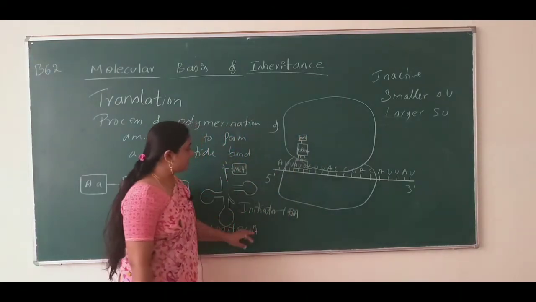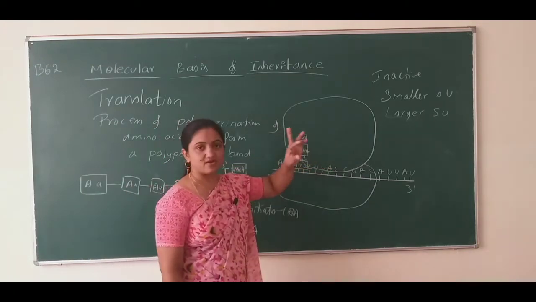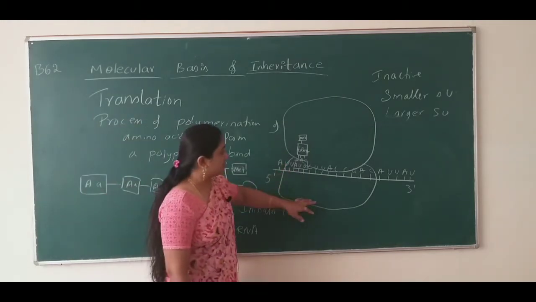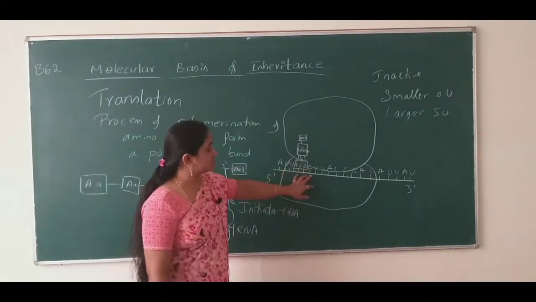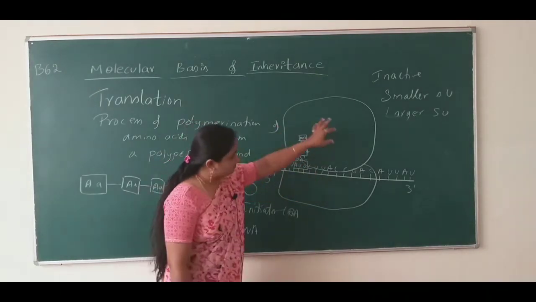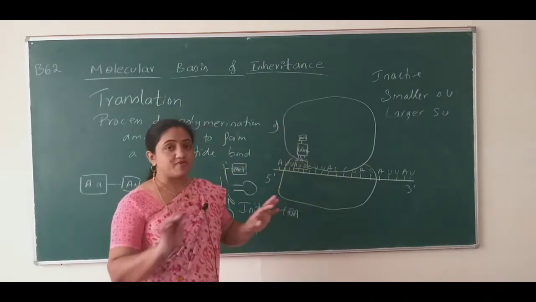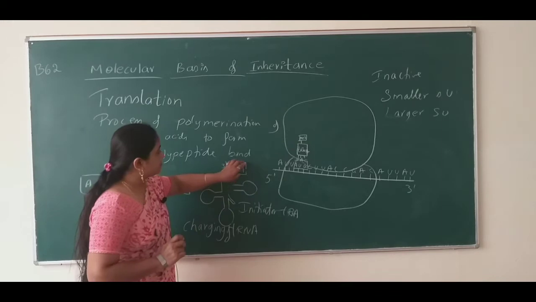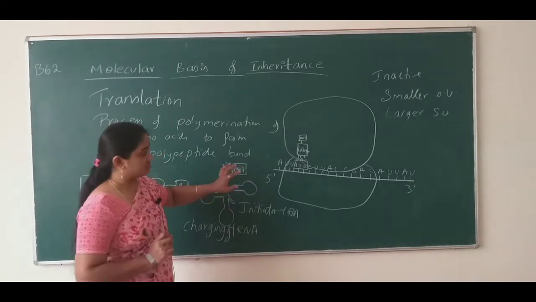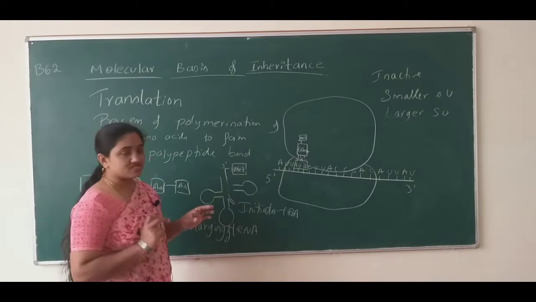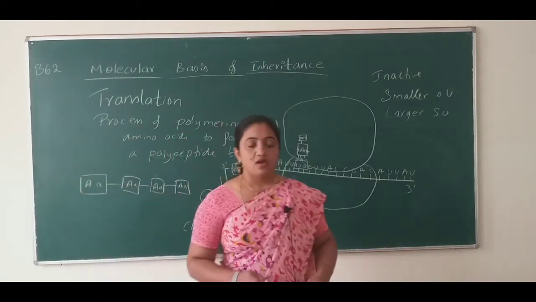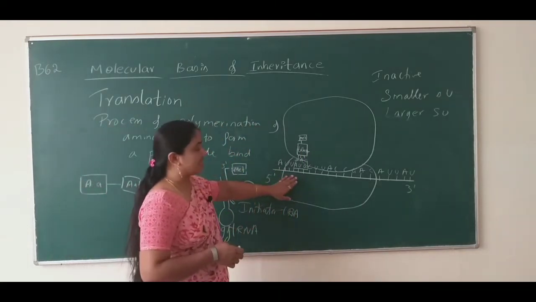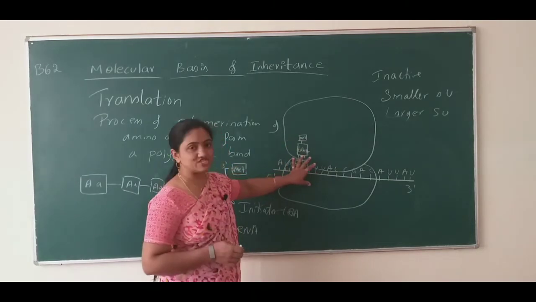So where will it be? In the cytoplasm. The ribosomes will be on the endoplasmic reticulum. When the mRNA comes out from the nucleus, the smaller subunit gets connected to the mRNA, and the larger subunit also gets connected to the smaller subunit, not to the mRNA. And by the time, the initiator tRNA gets bound with the methionine amino acid. Okay, charged methionine amino acid. Charged methionine means it will be having the energy known as ATP. Now the process has begun. Okay, so this is the initiation.